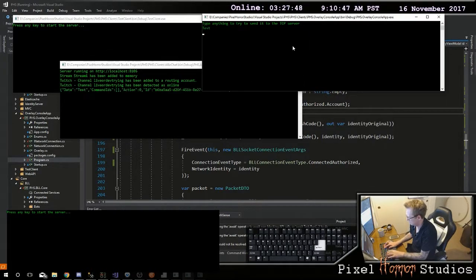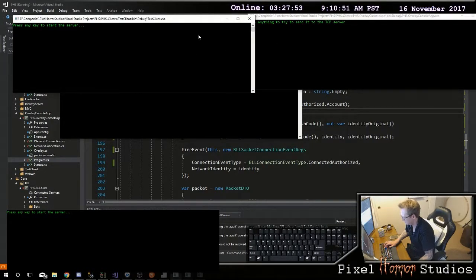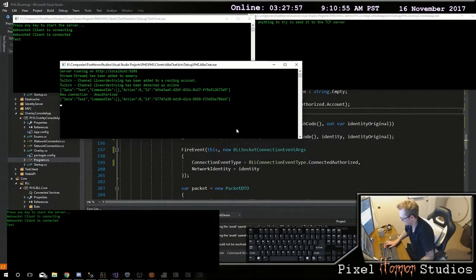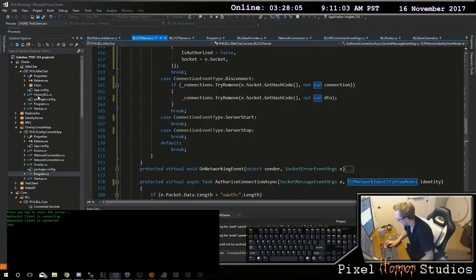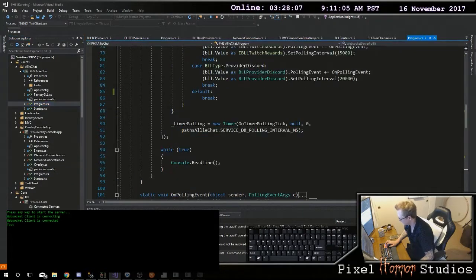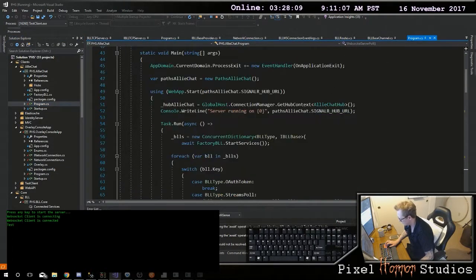Test. You can see, in fact, now it sent it over to the TCP server. Test. New connection, unauthorized. So this one fired a new connection event here, but TCP did not, right? So why was that? If you look up here in your allie.chat under your routing,